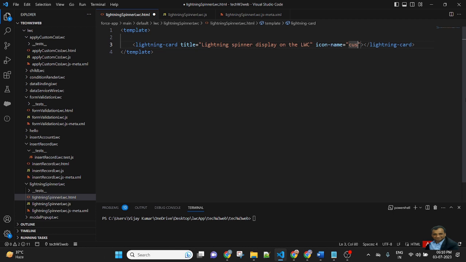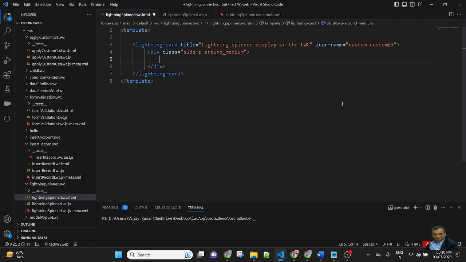Icon name is custom 23. Inside the lightning card, I will create a div with class slds-p-around_medium. So it will give padding inside the container of the div.